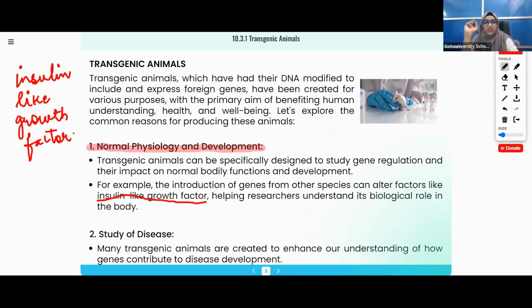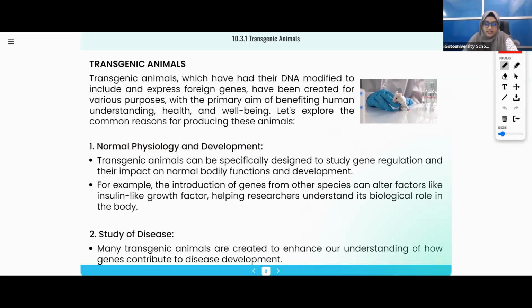Is it clear? Understood what is the normal physiology? The word itself determines the normal physiology of the body. The normal development of the body can be noted down, can be studied using these transgenic animals. Is it clear? Next, second one,